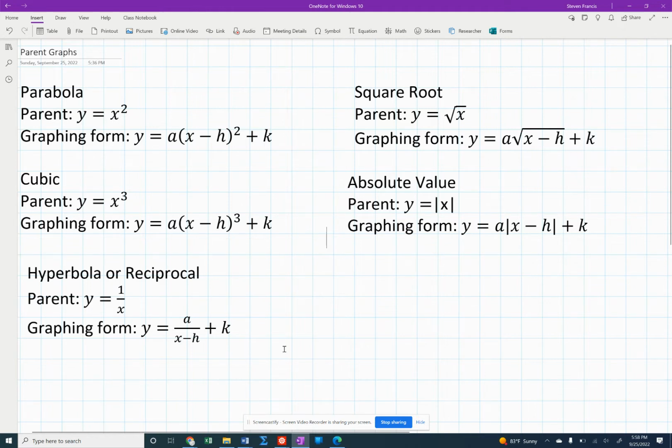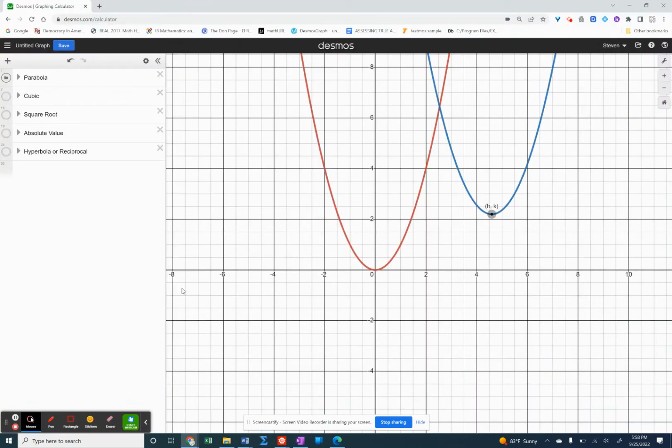identify what each of these shapes looks like. Now we've already gone over some of these. Well, we've gone over all of these together, but if you've been absent, you may not have seen some of them. So we'll go through each one. The parabola looks like this. The red one here is the parent graph without any stretching or shifts, and then the blue one here